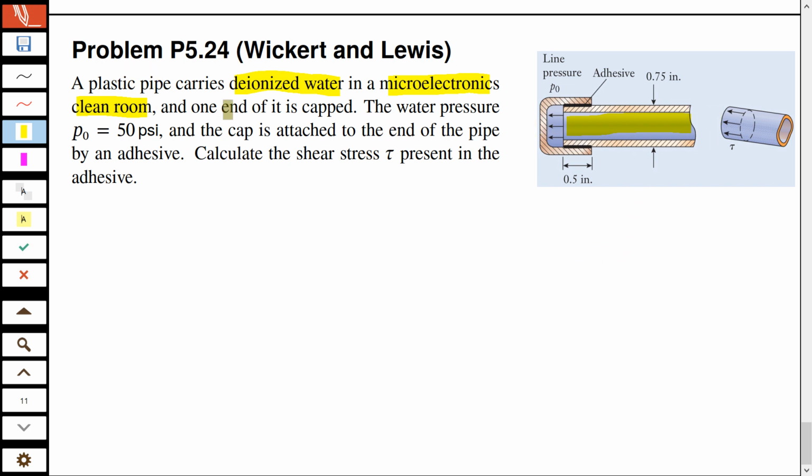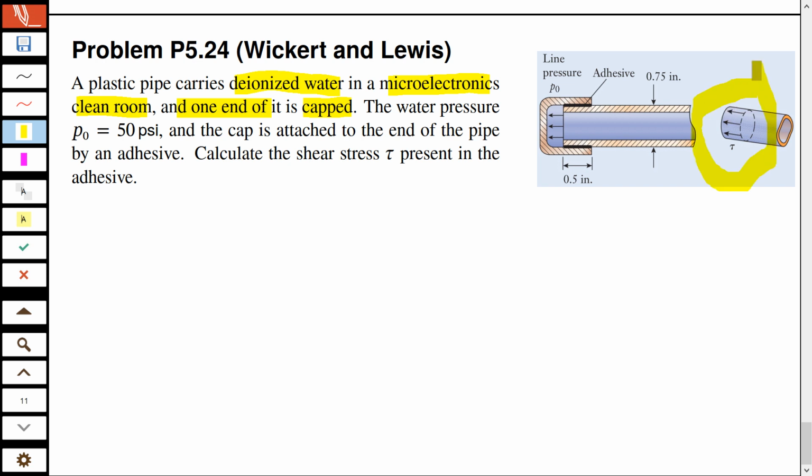ठीक है? And on one end of it is capped. तो कैप कहाँ पे लगा हुआ है? ये वाला. इस कैप की बात हो रही है, इस साइड पे. दूसरी साइड पे खुला है पानी के लिए. And this is the side view. ठीक है? यहाँ पे can you tell me before I move on, can you tell me इसने यहाँ पे ये